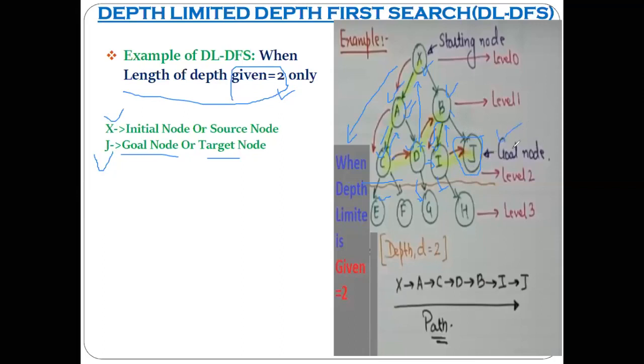Understood? Now, if you apply plain DFS compared with depth limited DFS, what disadvantage do you find? Time. Definitely, if you apply plain DFS, you need to search this element also. If not this, then at least you need to search these two also, and then backtrack.